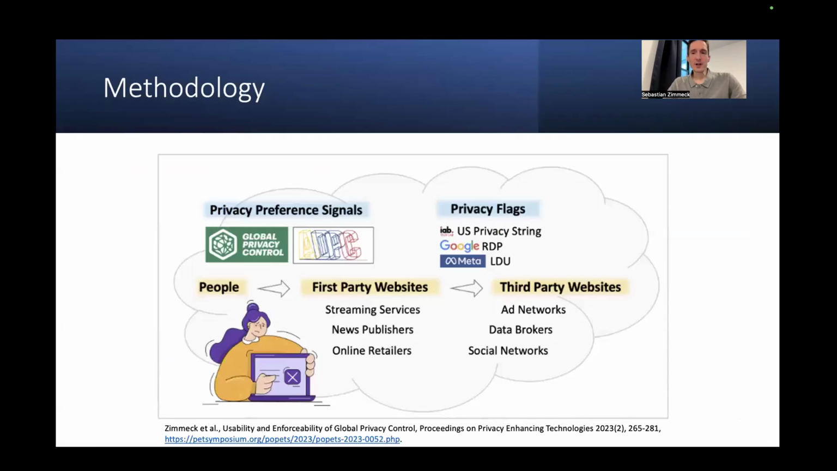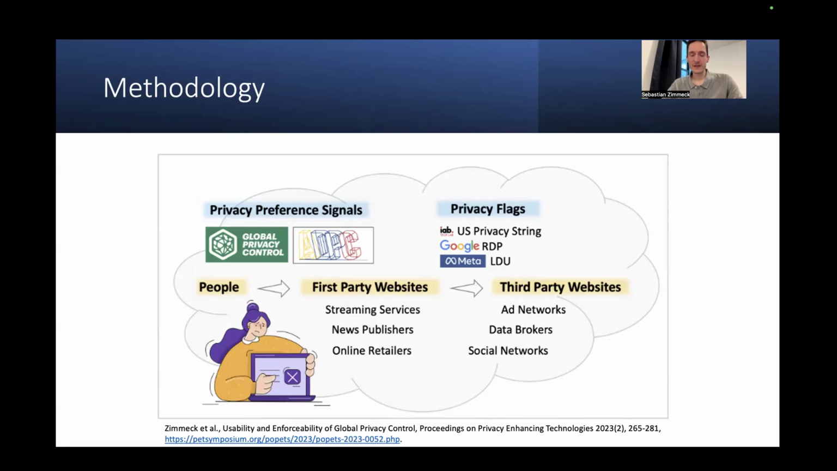Now, what's the methodology that we use to identify whether a site is actually compliant with GPC? First of all, we visit a site without GPC enabled. That's our base condition, so we don't exercise our opt-out right. Then we enable GPC, and then we try to detect on the site whether we see some reaction to this